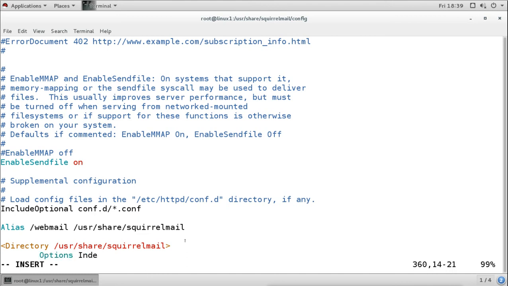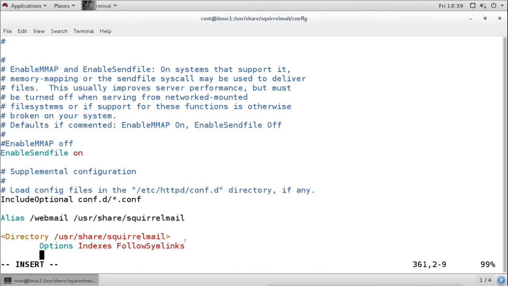and FollowSymLinks. AllowOverride I don't need.